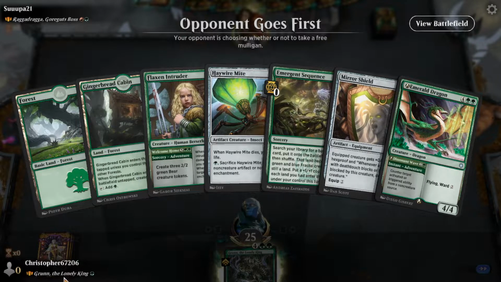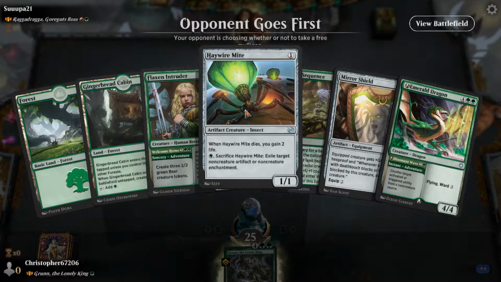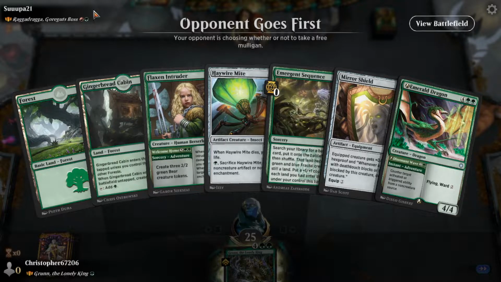This is Grunn, the Lonely King. Now, Grunn the Lonely King, I played a couple games with just to test him out. And him in particular, I think has potential, but the deck is a little harder to pilot than I thought it would be, and he gets outclassed by other options very quickly. I think Ratadrag is just gonna murder him. If our Ratadrag opponent's actually here. They might not be here, and then Grunn gets a free win, and we're happy with that, but